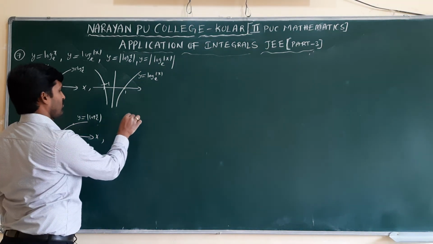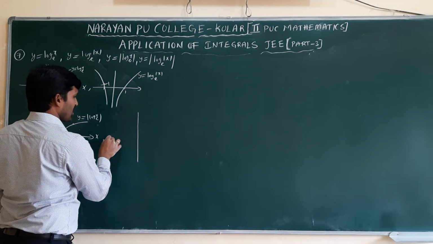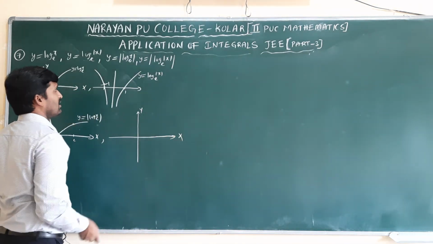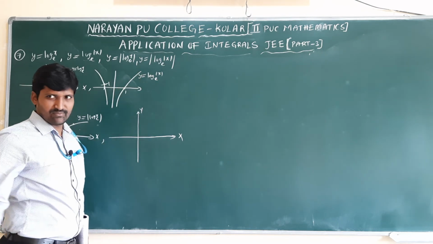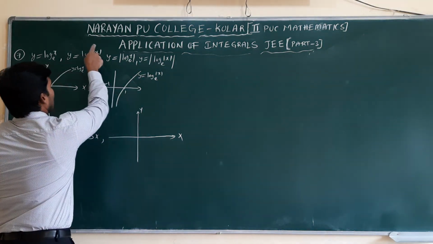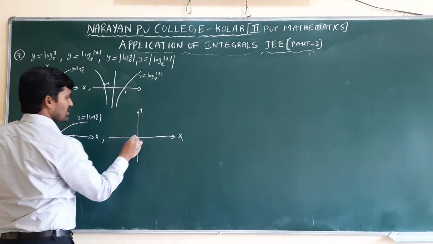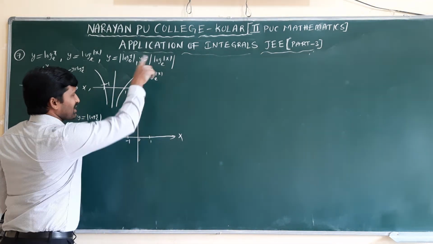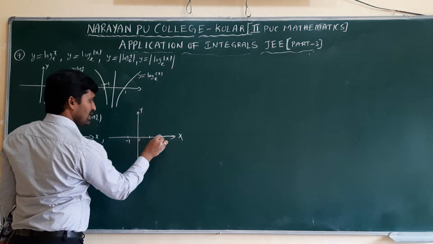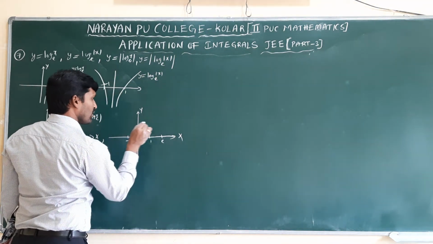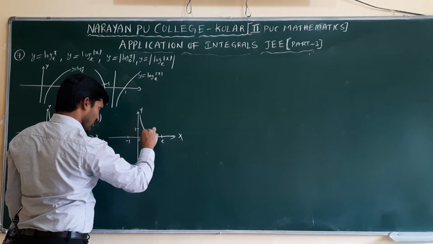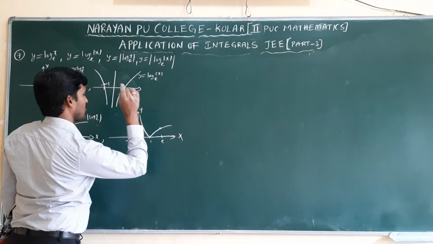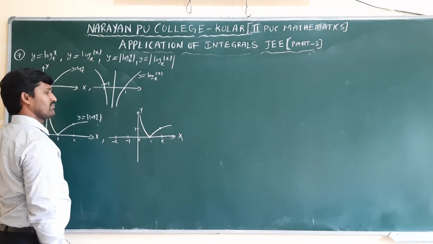Next, one more graph. Because we can't directly draw the graph, that's why we are taking all the graphs separately, then we can combine them. For this one, again modulus, mod of mod. Take 0, 1, minus 1. If you take 1, log 1 is 0. If you take e, y value is 1. Now, why is it not touching the curve clearly? I will take minus e also here.